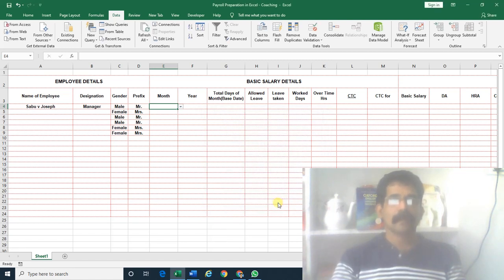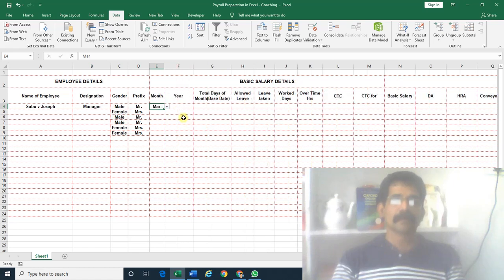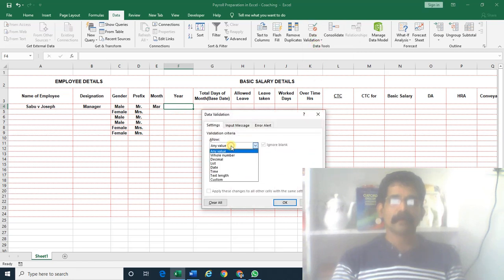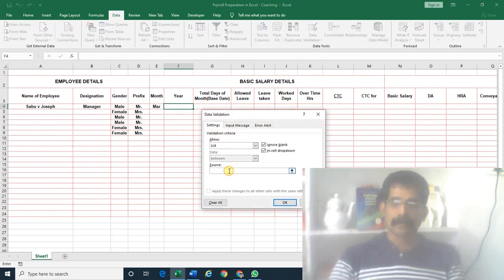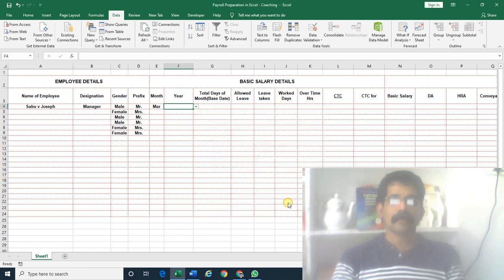Okay. See, everything is here. If the salary month is March, just select March. Here also we can put the year list: 2020, 2021, 2022, 2023, 2024, 2025 for 5 years. Select 2025.